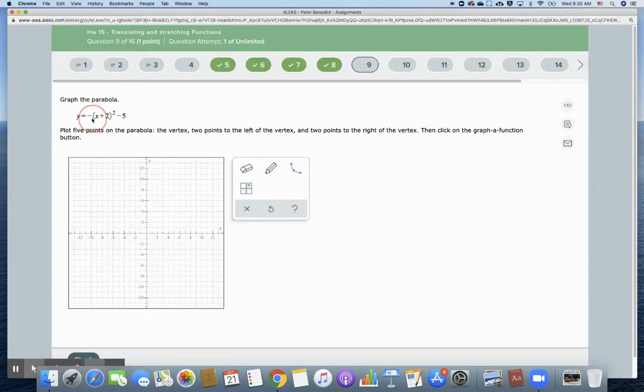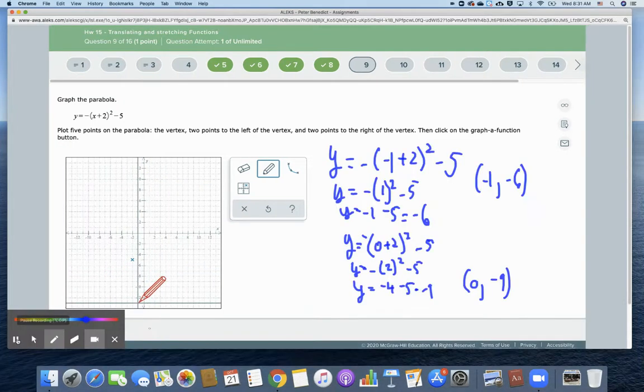Now, the one thing that's kind of subtle about this is this negative sign out front. Anytime we have that negative sign, the function is actually going to be facing down. But still, we go through the same process where we go to the vertex, right, which in this case is going to be negative 2, negative 5, and then we plug in some values around it. So negative 2, negative 5. Okay. And then I'm going to plug in a value around it. So negative 1. Cool. So as we look at this one,